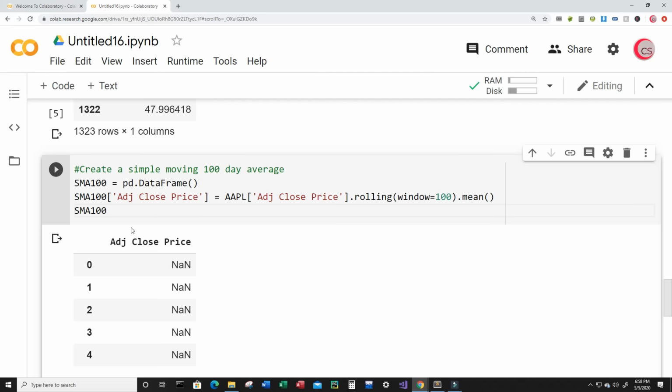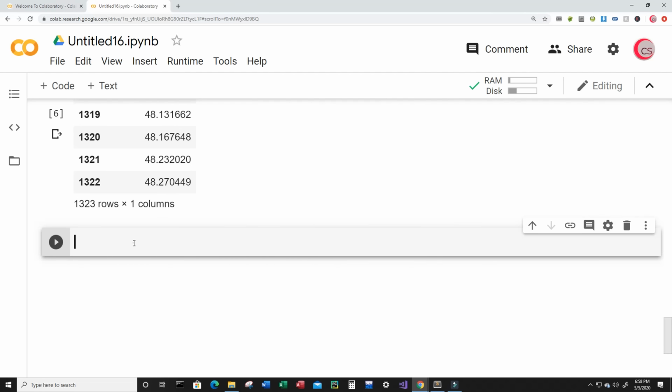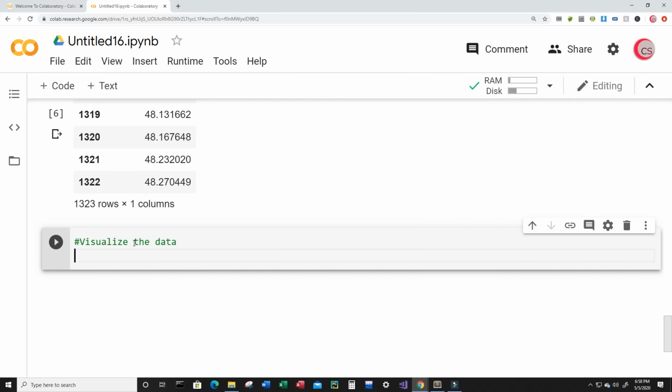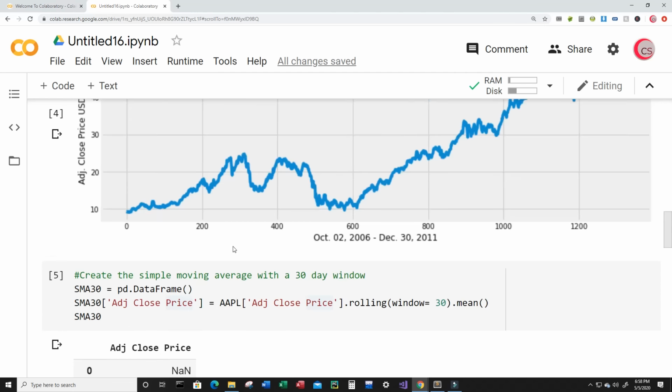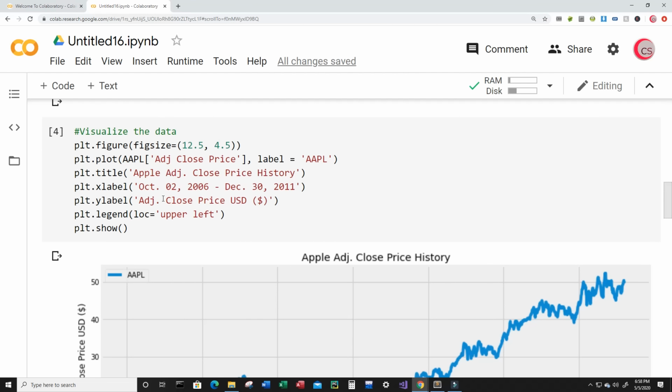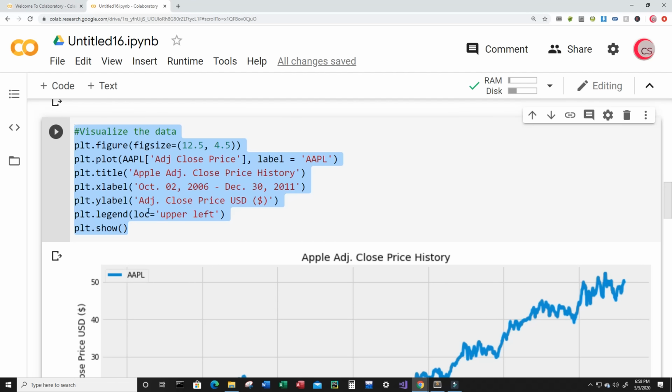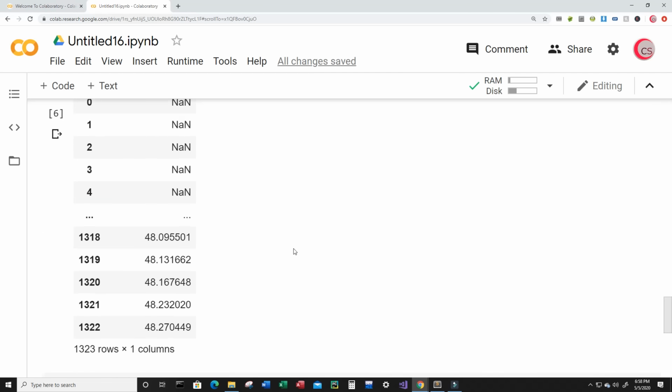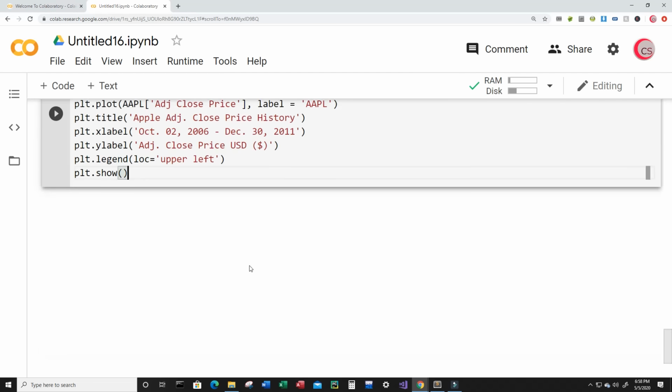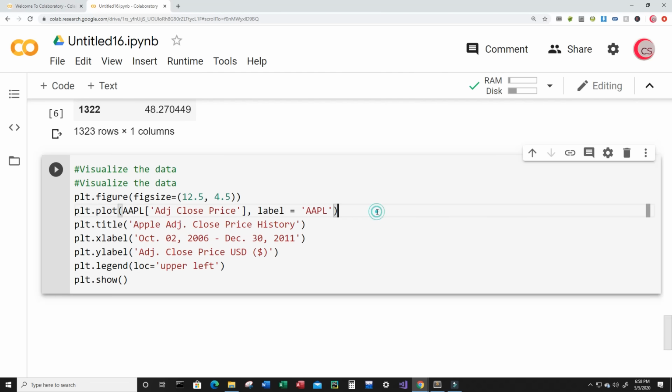All right, now that we have these data sets, let's look at a visual of this data. All right, so I'm going to visualize the data again. So what I can do, I'm basically going to be creating almost the same plot from before. So I'm just going to go back up here where I created this chart. I'm going to highlight it and copy it using Control C, and then come back down here and paste it using Control V. All right, and this time I'm going to add two more